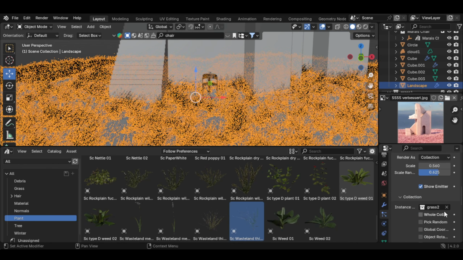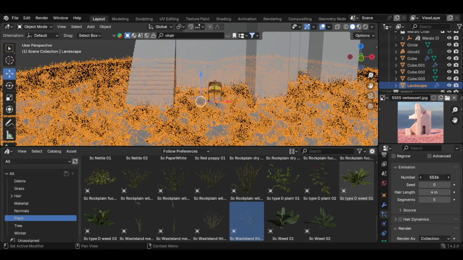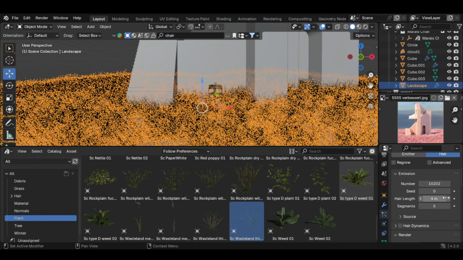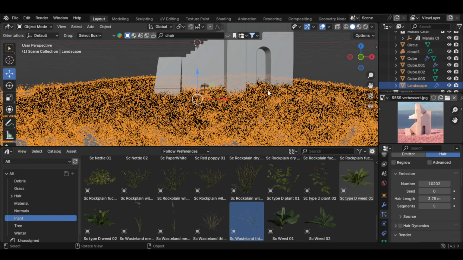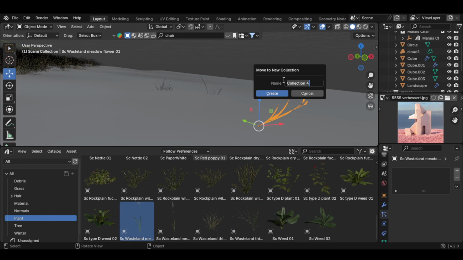and scale random. Random object rotation and pick random. Now we can increase it more and put the hair length down. Let's choose another wasteland flower. Put it to a new collection, name it flower